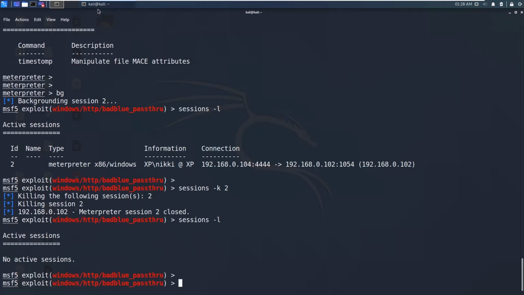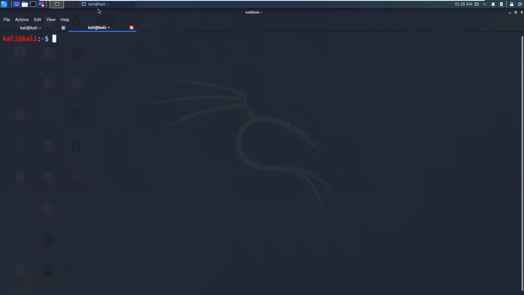Now what I am going to do is generate a payload, that is a reverse shell, and execute it on that Windows XP machine. We are using MSFVenom for this, msfvenom -p, and I will specify the payload windows/shell_reverse_tcp. And I want to put the LHOST.